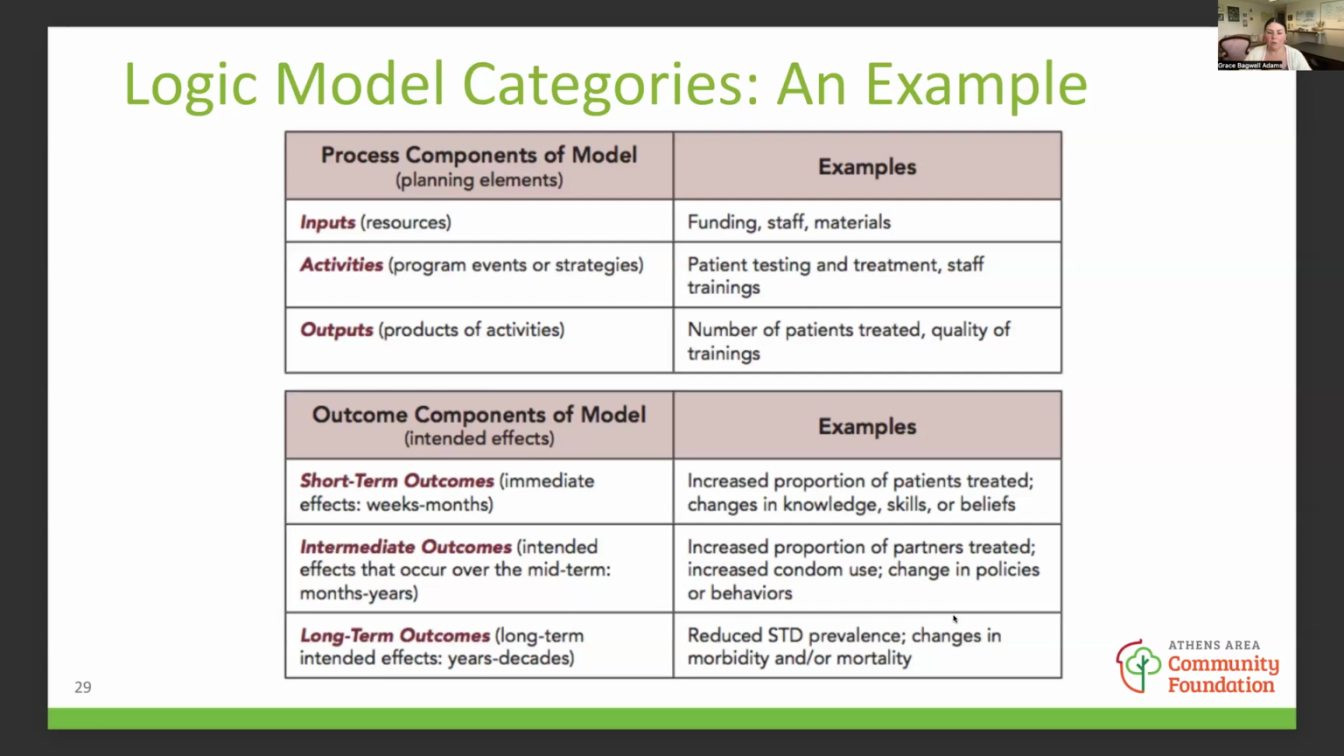And then finally, in long-term outcomes, we might actually start to see in the community a reduced burden of disease. We could actually see fewer people with sexually transmitted diseases and changes in morbidity or mortality. So again, just giving you an example of a health intervention and showing you how that can be used to help you get organized and understand what you think the program is going to do